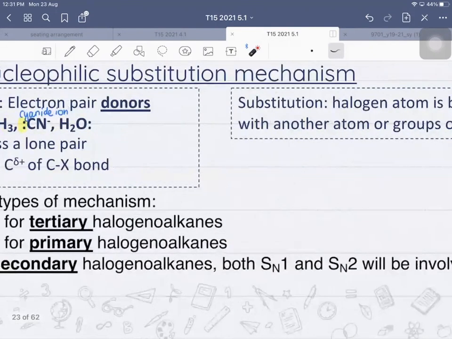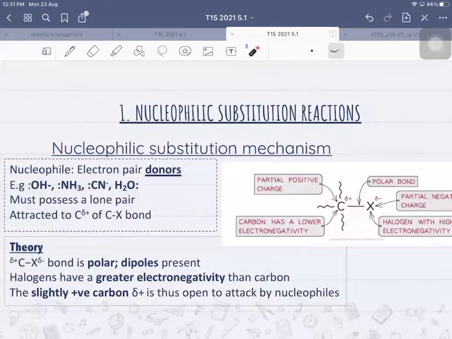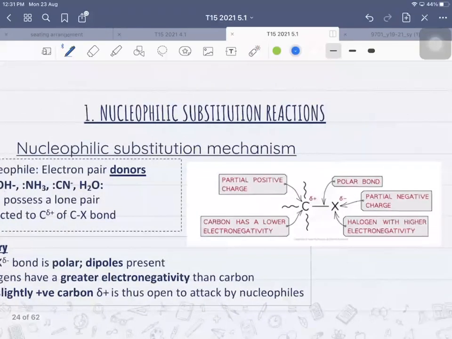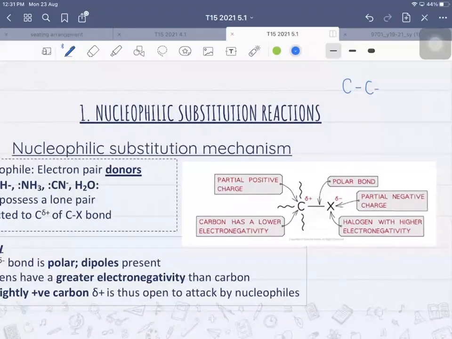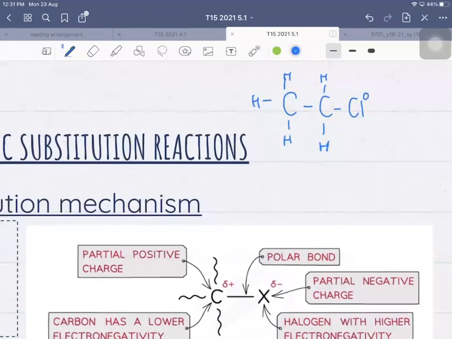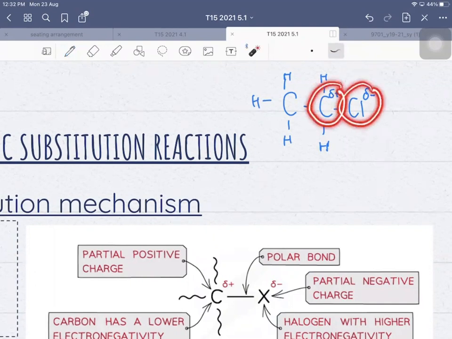Okay, next, looking at the theory, the carbon-halogen bond, if I just use one example, the easiest one would be chloroethane. We know that the electronegativity of the chlorine is relatively higher than the electronegativity of carbon. So this carbon-chlorine bond is a polar bond. Because there's a polar bond, they have dipoles, okay? Delta plus, delta minus. Between this delta plus and delta minus, these are the regions that will be attacked by the nucleophiles,